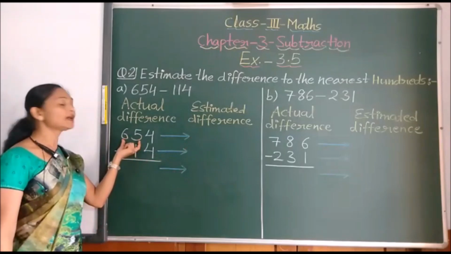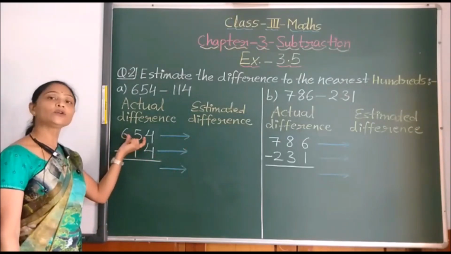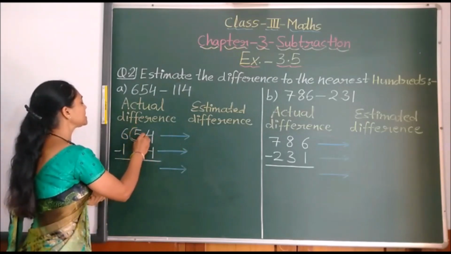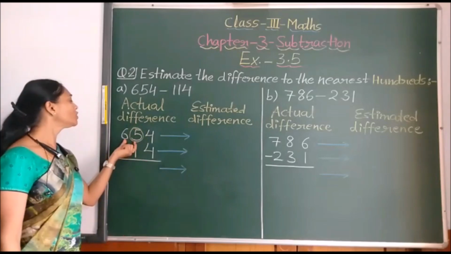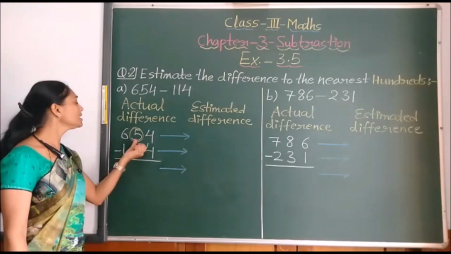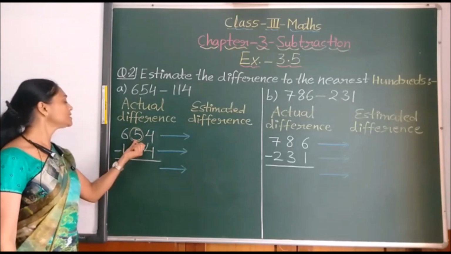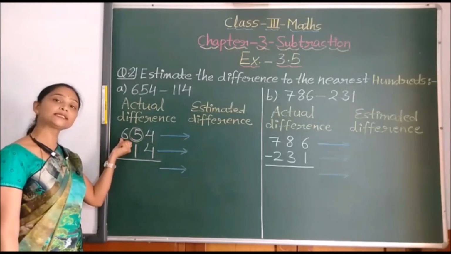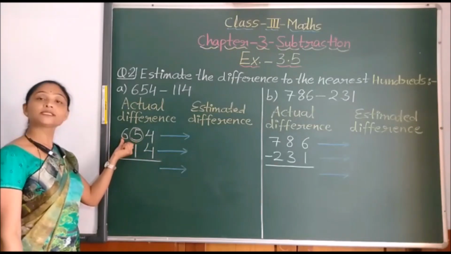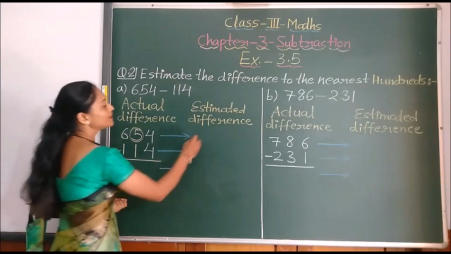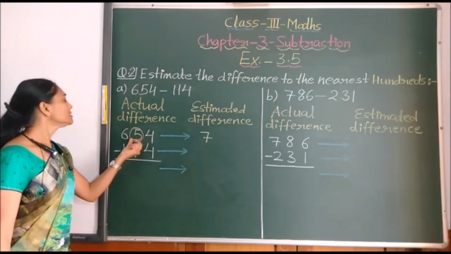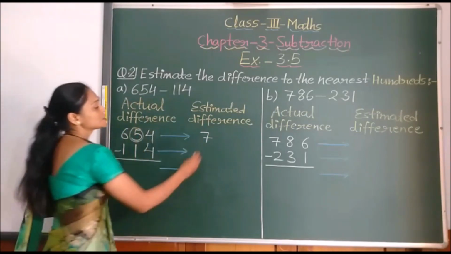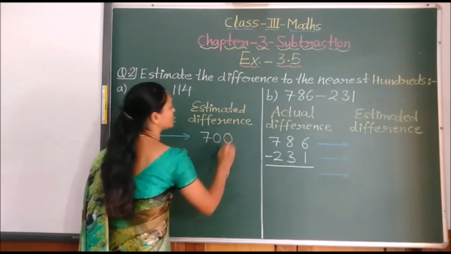So see, children, how are we rounding to the nearest 100? To round off to the nearest 100, what to do? We have to see this second place, which means the tens place digit. Yes, children, to round off to the nearest 100, we have to see the tens place digit. Now see, this is 5. So when it is 5 or more than 5, this hundreds place digit will be increased by 1. So this 6 will become 7. So here we will get 7, and these two we have to replace by 0 because we want to write in hundreds. So here we have to put 2 zeros.